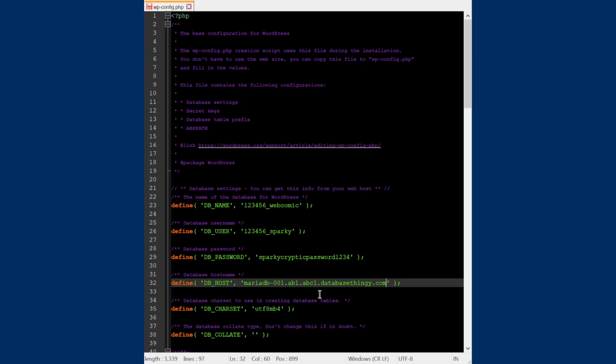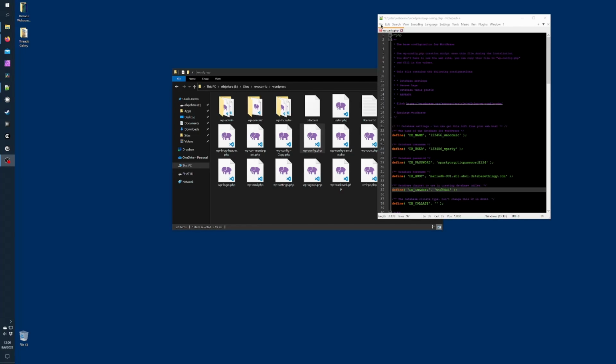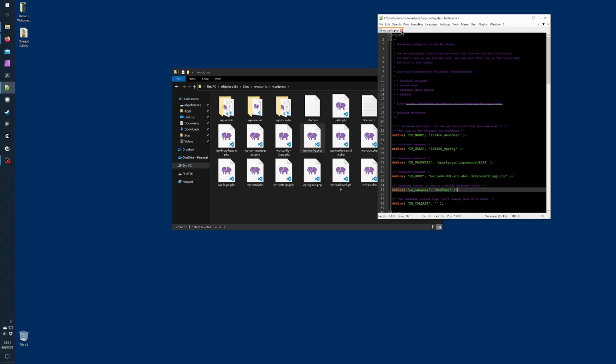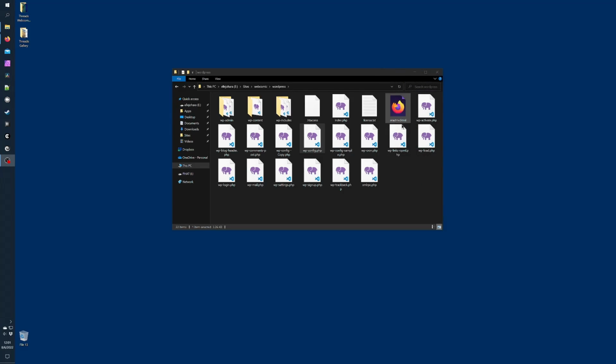Then save. Move the wp-config copy to the desktop temporarily so you don't upload it unintentionally. Now you're ready to upload your website files.